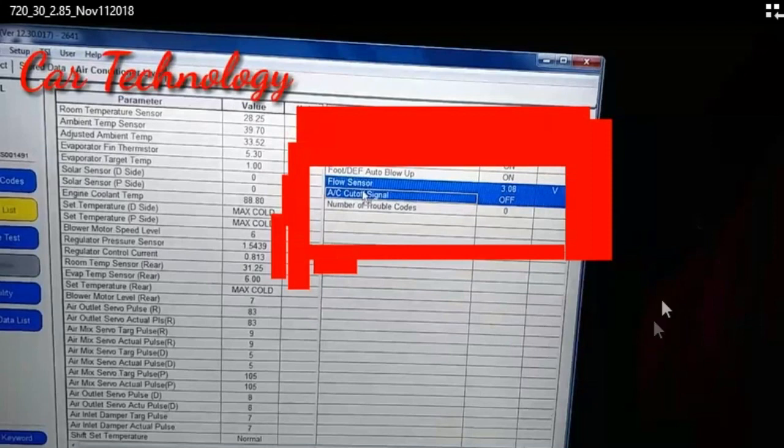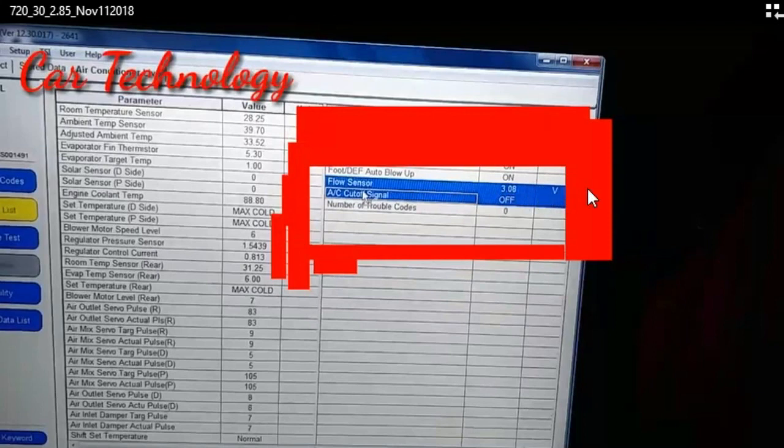Now I explain again. When you check the data list, if the flow sensor voltage is more than 3.50 volts, it means there is a problem, abnormal. Sometimes 4 volts every time.